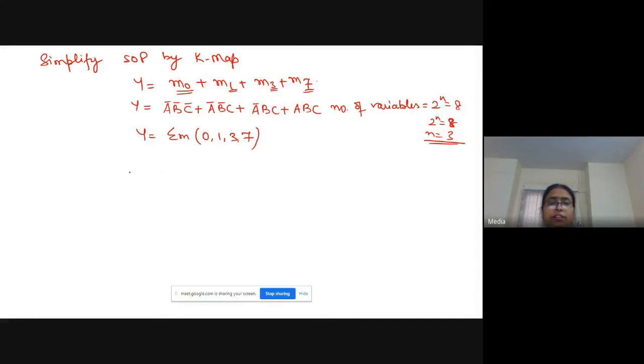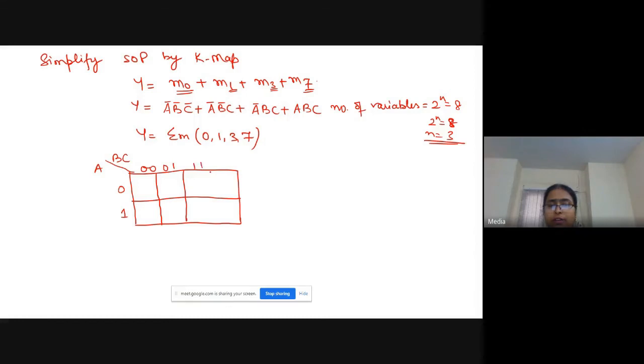So this is a 3 variable K-map I will draw in the form of A, B and C. This is A, B and C. 0 here, 1 here, 0 0, 0 1, 1 1 and 1 0. Clear? Now I can simply write it from here if I know this.